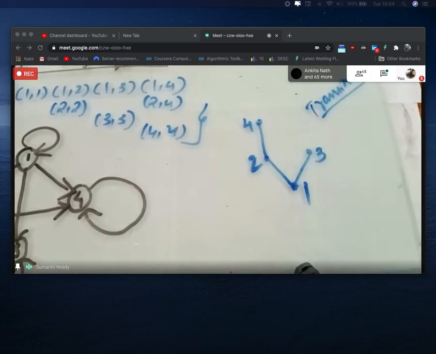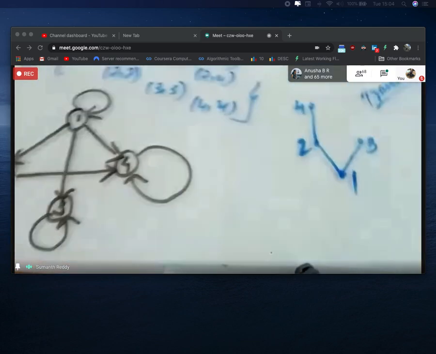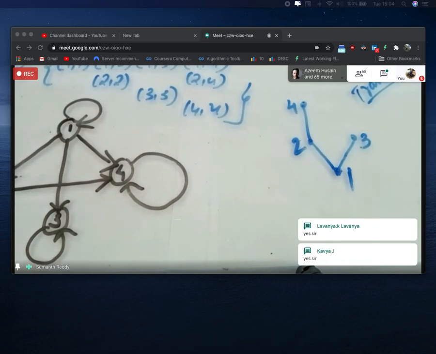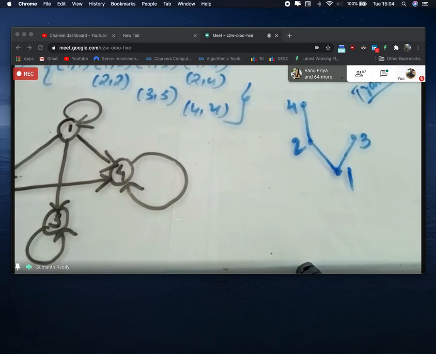Now when you compare with this digraph, don't you think this Hasse diagram is a simplified representation? Students, will you agree? This Hasse diagram is a simplified representation. See here, we need not write any self loops. We need not explicitly represent the transitive relation. And we need not even write the arrow. Why do we not need to write the arrow? The reason is very simple. Always the relation will be drawn in the upward direction.